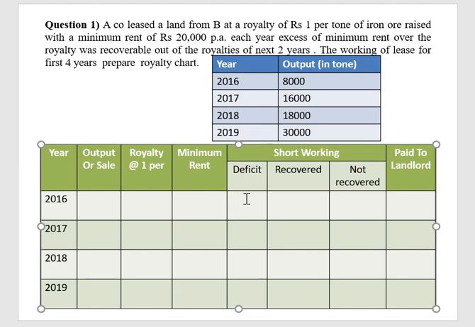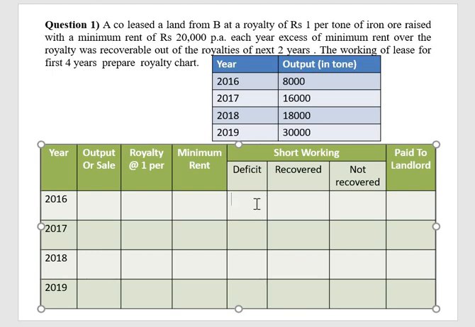Royalties of first year means first 3 years, first 2 years, first 4 years, what does it mean? You should consider that year. If there is any loss in 2016, then 2016 is first, 17 is second, 18 is third. So the third year is the last. That is the first 3 years.